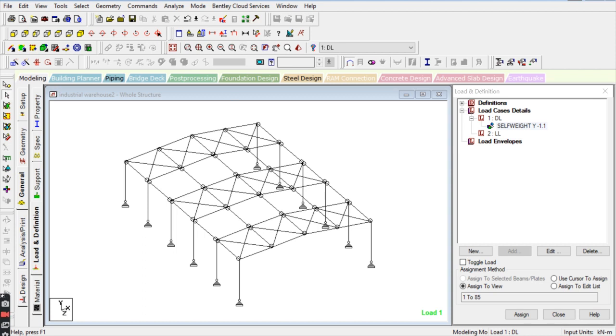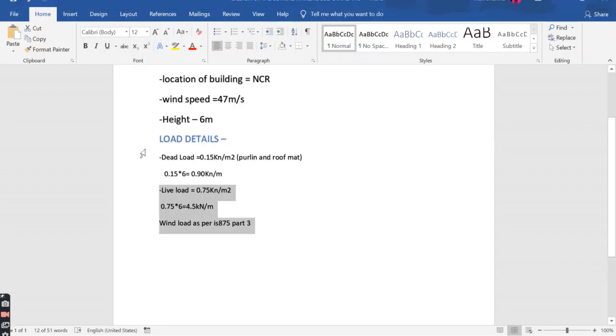And I have written the load data in the Word file, so you can see the load case details we will assign over there. First is the dead load, the dead load of the purlins and the roof sheets. Here it is 0.15 kilonewton per meter square. We have to convert it to kilonewton per meter: 0.15 into 6, the bay spacing is 6, so 0.90.